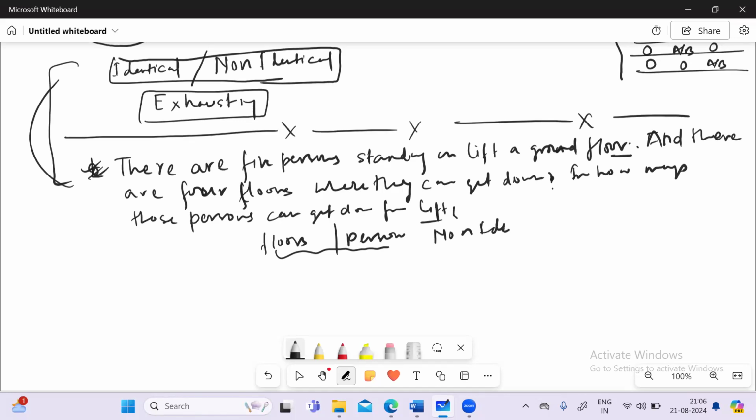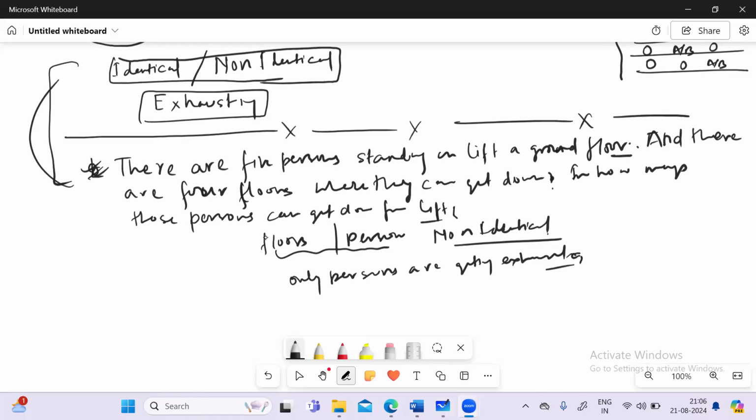Can everyone see that? And only persons are getting exhausted. Does everyone understand? Floors are not getting exhausted. Why? Because even all 5 persons can get down